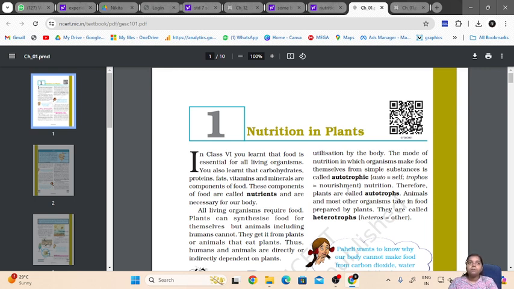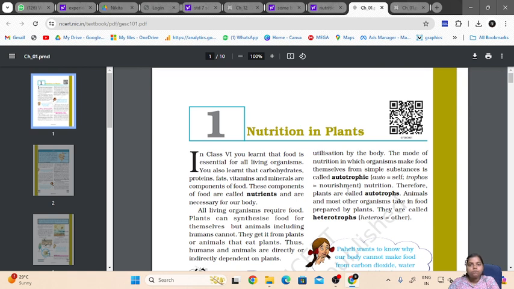Okay, but plants always prepare their own food, but what about animals? We are a little lazy. What we do, we take the ready-made prepared food. Okay, how? That is through plants or through smaller animals. Which animals, ma'am? Animals including